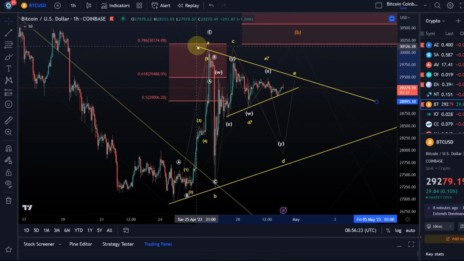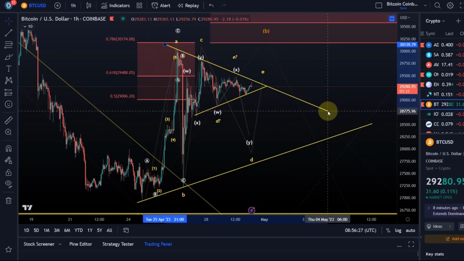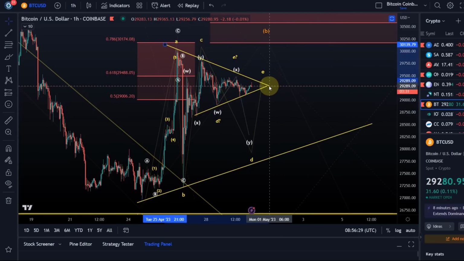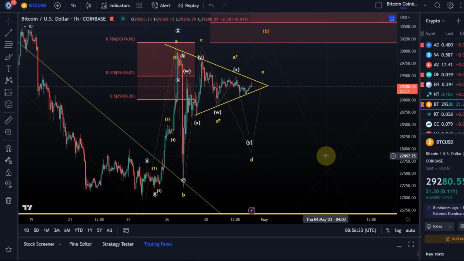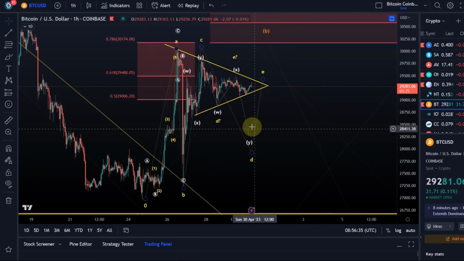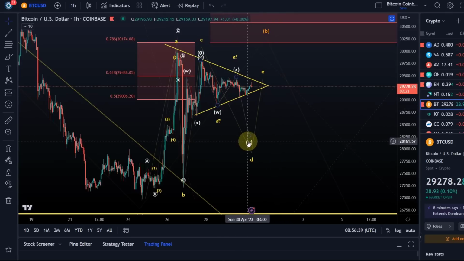Actually, I can make that a bit steeper up here. We're moving into the apex, and the buyers and the sellers are forced to make a decision here. Absolutely, maybe I'll take that out down here. They are forced to make a decision, and the difficult thing is with these triangles, again,